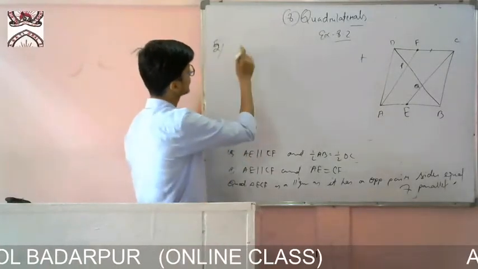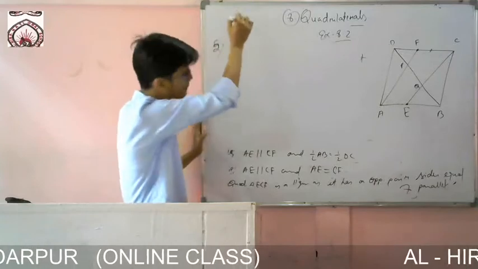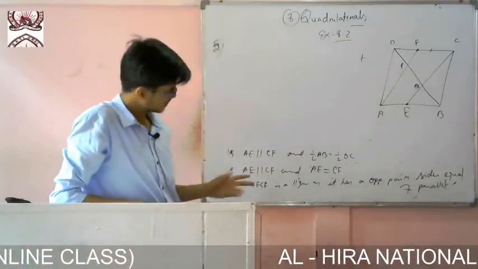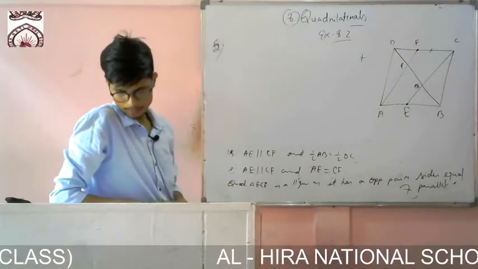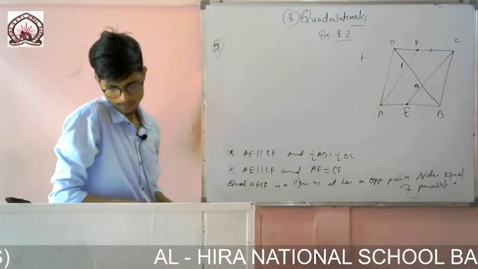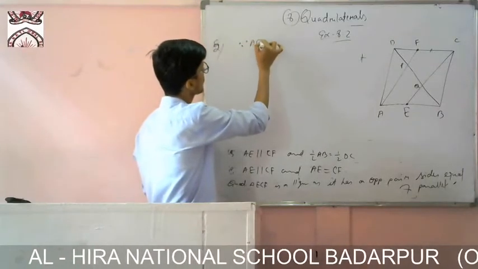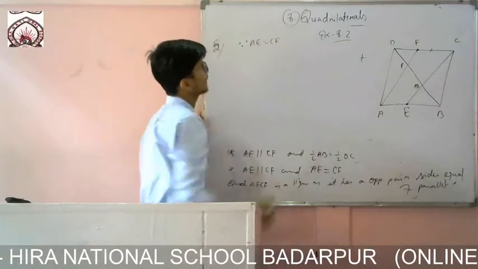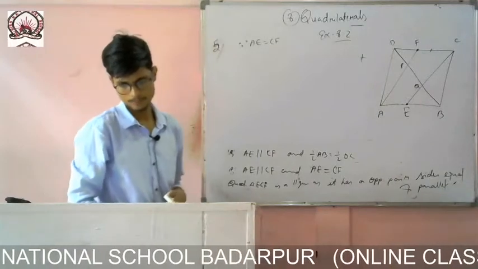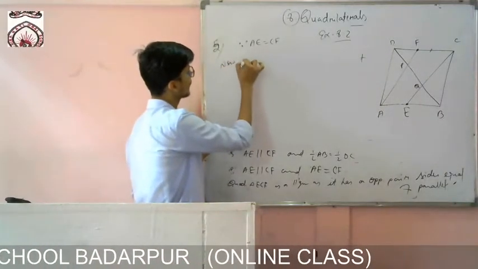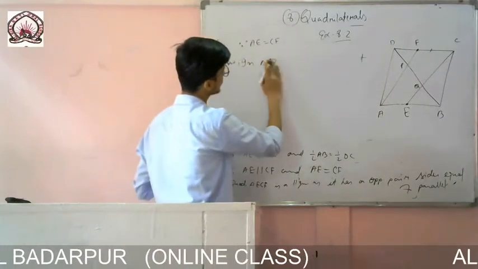Yes, you write like this. Since it is a parallelogram, I can write since AE is equal to CF. AE is equal to CF, we have written. So now in triangle DQC, you see here,